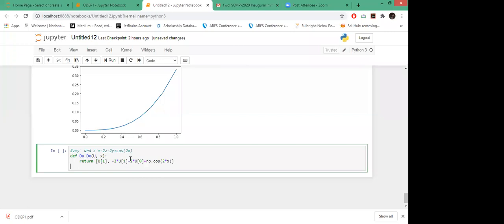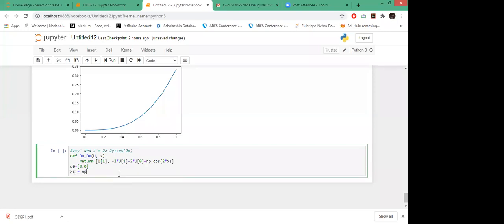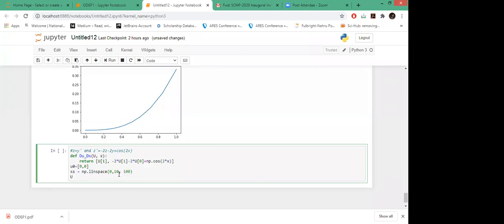And then you pass an array with the initial conditions as 0 comma 0 for both, because we have y0 equal to 0 and y dash equal to 0, and correspondingly we have z0 equal to 0 and y0 is 0. So again, we will make some space for this. I will call the function ODE again, and I will use this. Now I'll pass this function which I have defined.